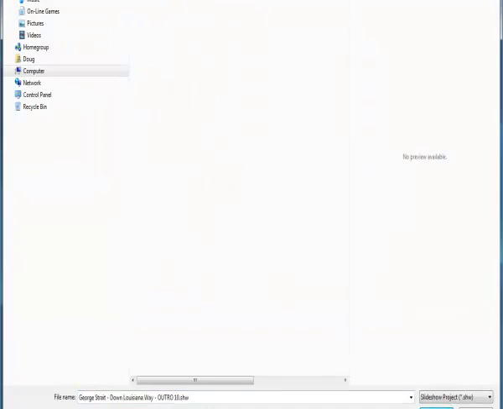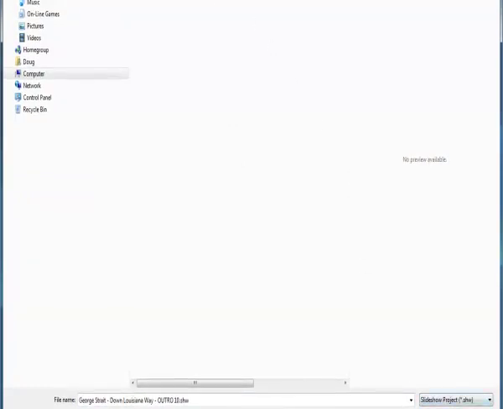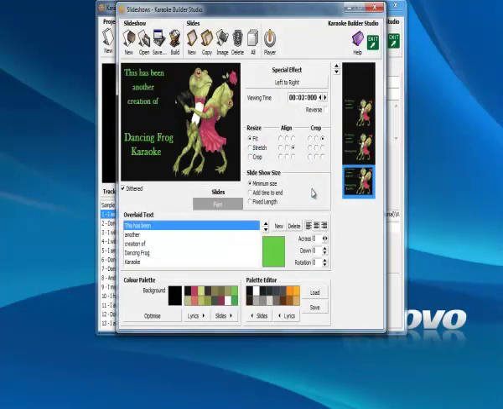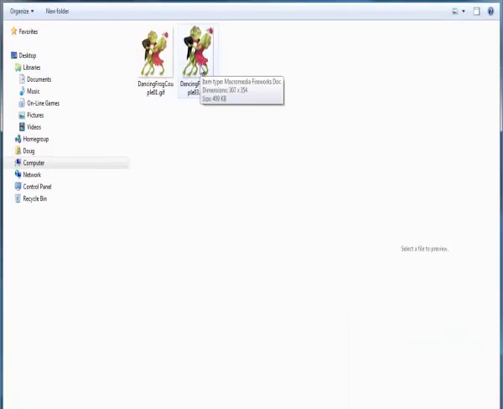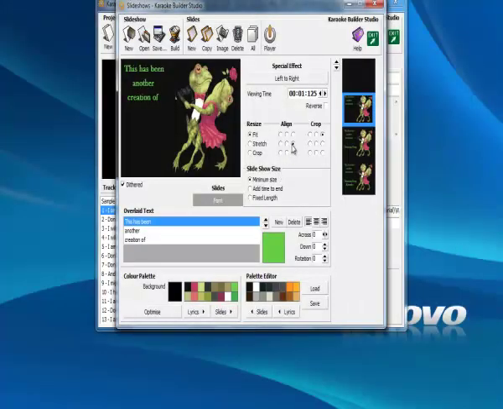I have pre-made one here for outro, which is 10 seconds in length, which is the same basic length as the intro. I'm going to cover inserting the image. Let's just insert the image that we want. We have positioned it,